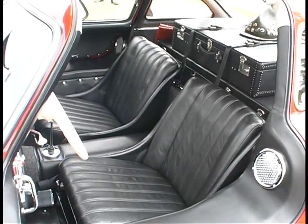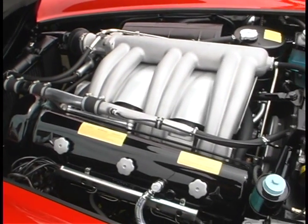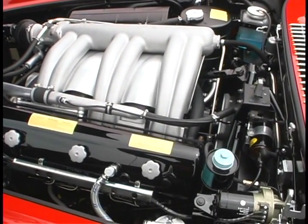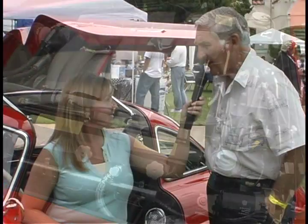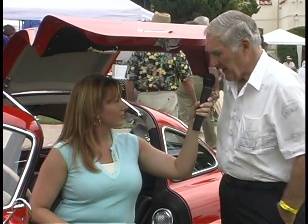The engine is a 6-cylinder single overhead cam slant 6. Dodge thinks they invented the slant 6, but Mercedes had it in '52. And it's also the first production car in the world to have fuel injection as standard equipment, which is its main feature. And it's a very small engine compared to American specs. It's only got 183 cubic inches, but it puts out 240 horse,